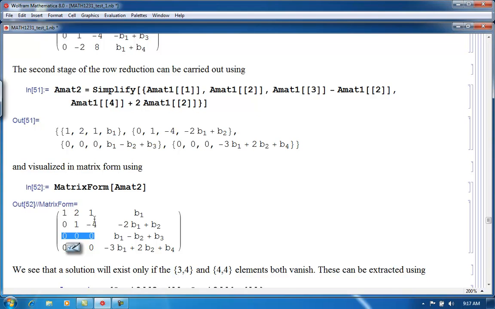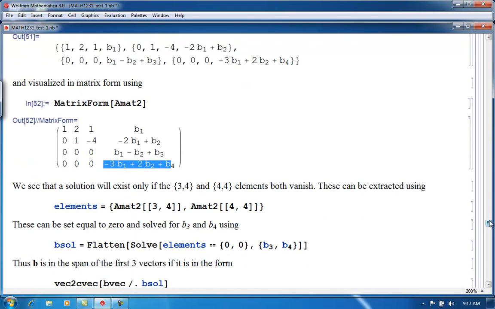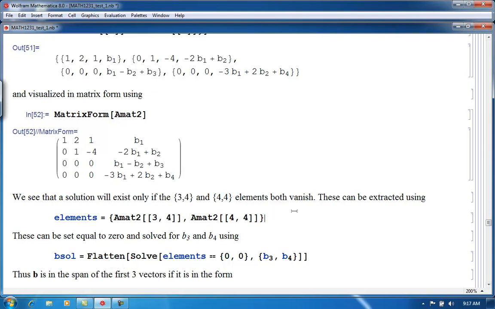So there's no unique solution. However, there will only be a solution if this is equal to 0 and this is equal to 0. So we see that a solution only exists if the 3, 4 and 4, 4 elements vanish. Well, we can dig those elements out,